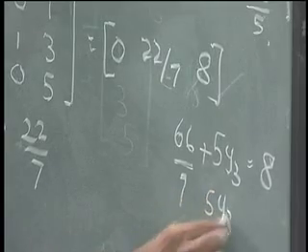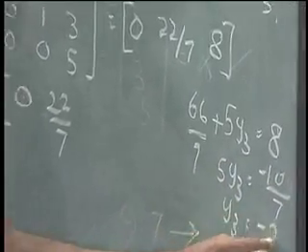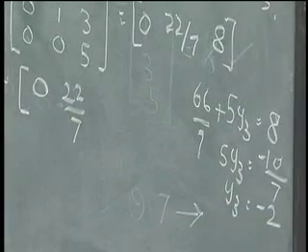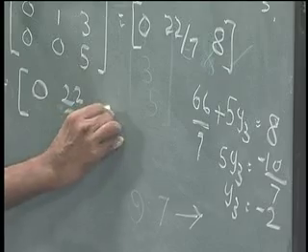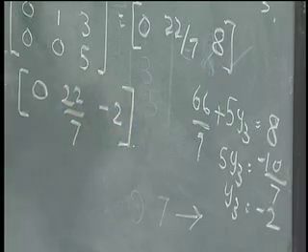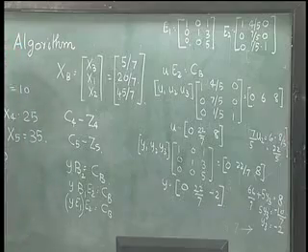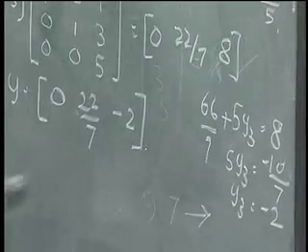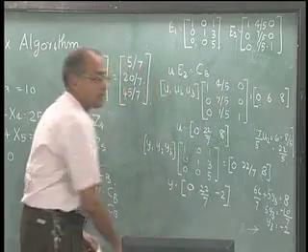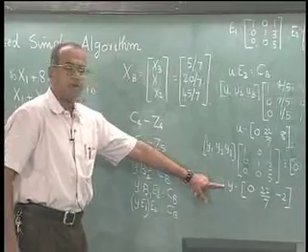So, 5 y3 is equal to minus 10 by 7, y3 is minus 2. So, you have 0, 22 by 7 and minus 2 coming in as the values of the 3 variables. Now, having found out y is 0, 22 by 7 and minus 2, with this value of y, we need